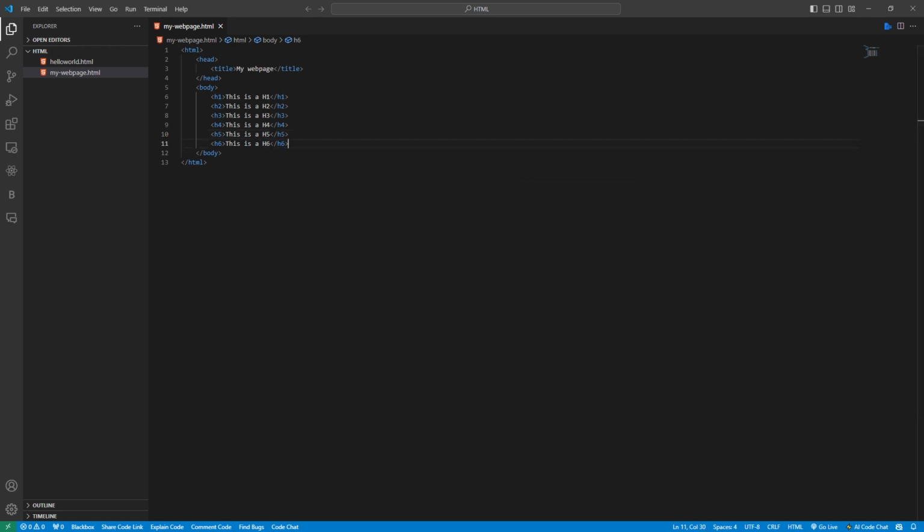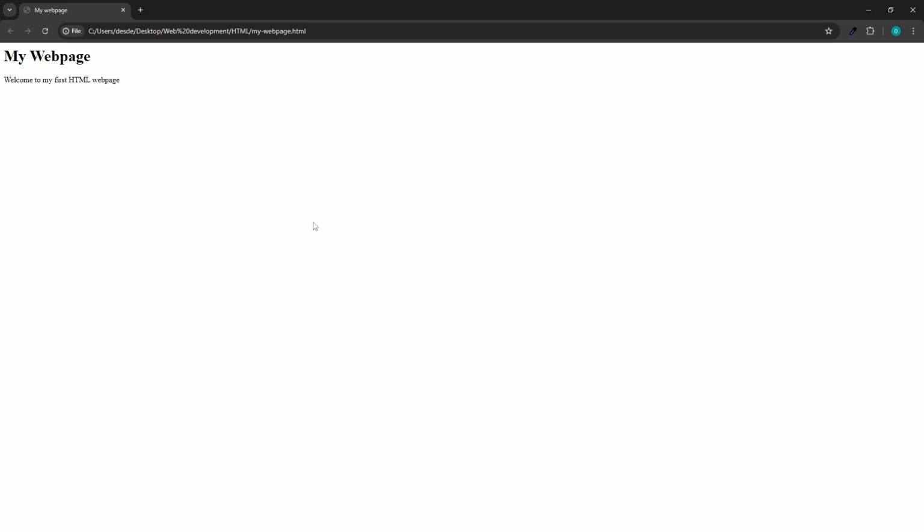Now go into your browser, open up this file in your browser and refresh it. So now you can see this is a H1 tag, this is a H2 tag, a H3 tag, a H4, H5 and H6. Now in HTML, when creating a web page, the H1 tag is mainly used for the main